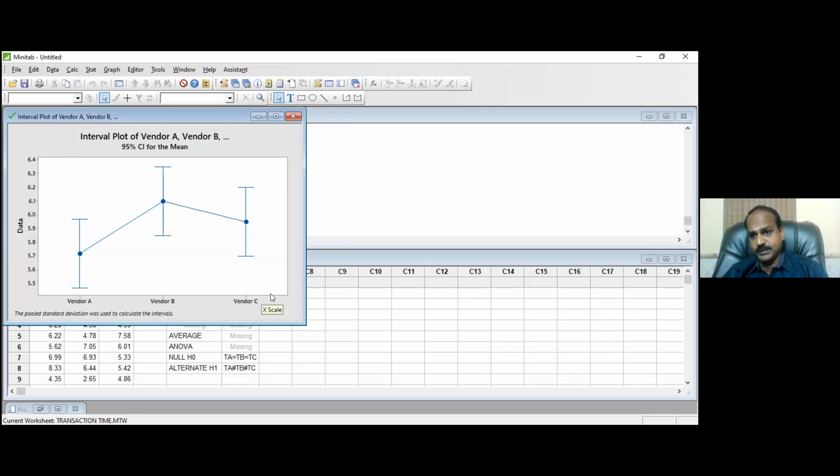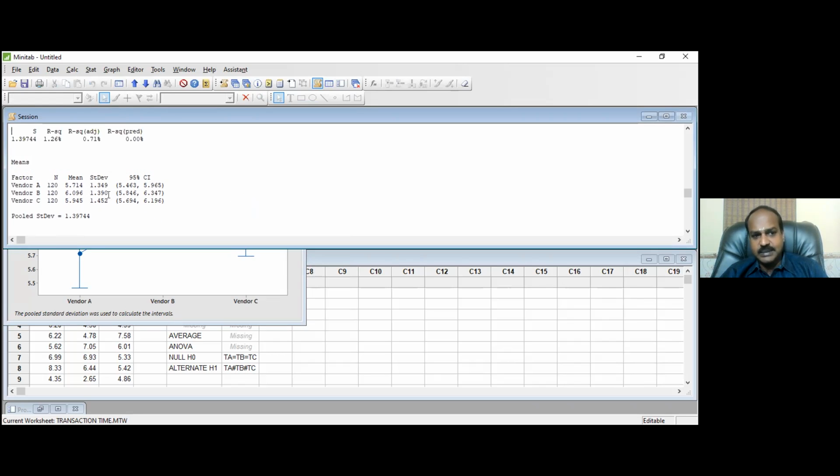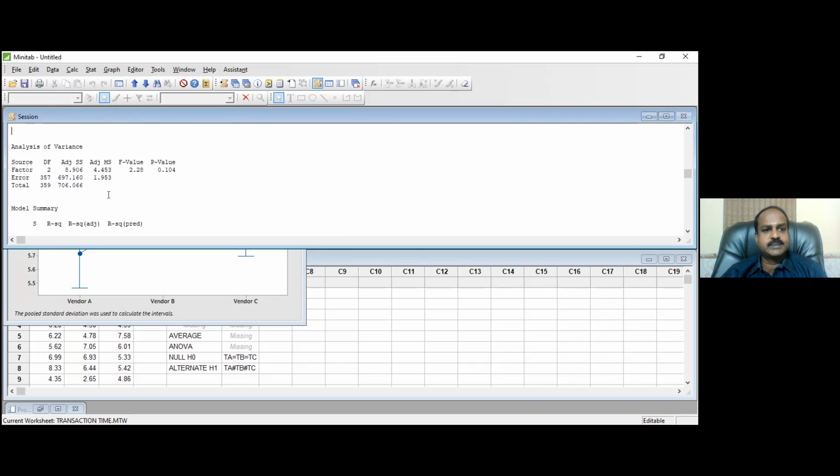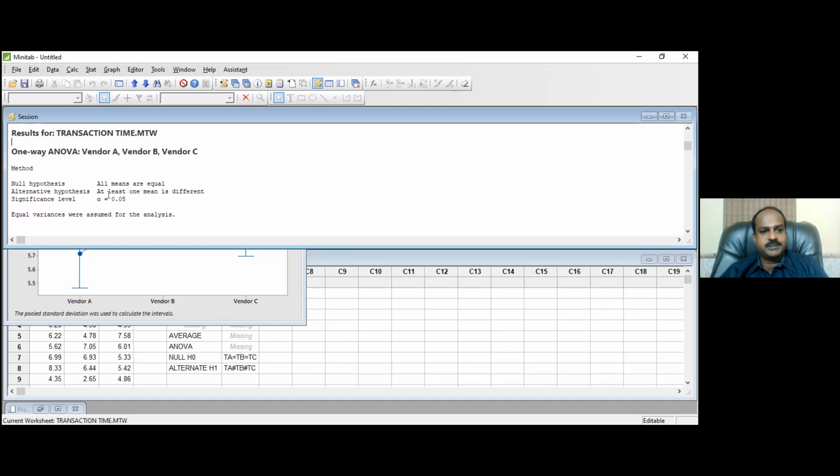Whatever has been taught to you, Minitab has taken care of. If you have observed very keenly, very good. If you have not observed, then also you can be good because you have Minitab. And now come to the Minitab analysis. Many things, many reports. This is called the session window. The session window contains the report.